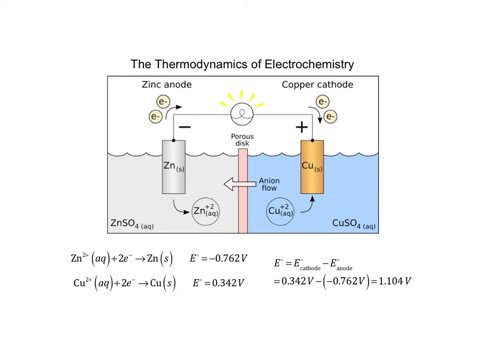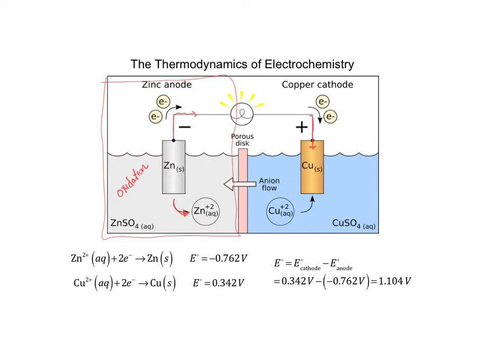And so in this example, we're going to label the anode, and this is the chemistry definition of the anode, not the physics definition. The anode is where the oxidation is occurring. And so what's happening on the anode side of this cell is that the zinc solid is being converted into zinc ions, and the electrons from that reaction are going to move through the wire and be provided